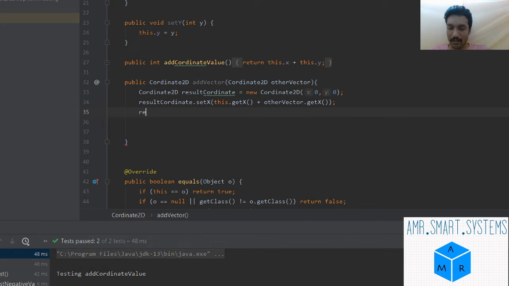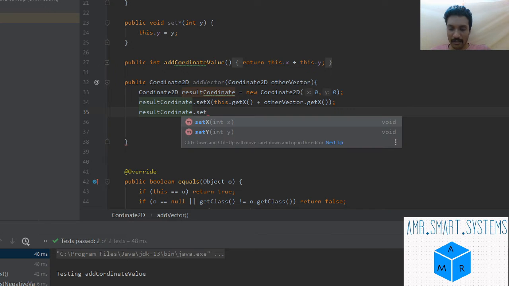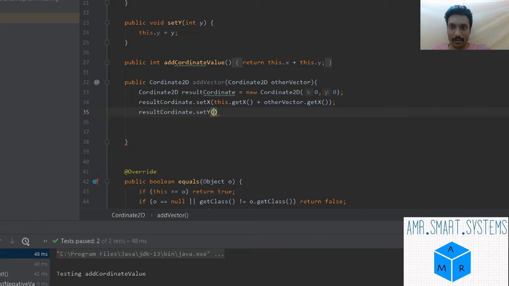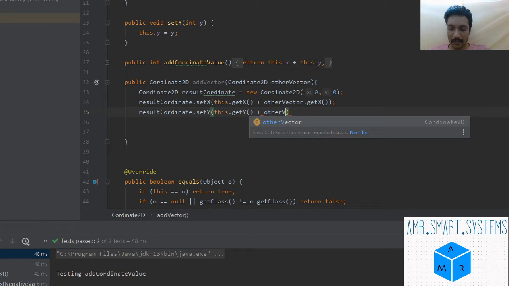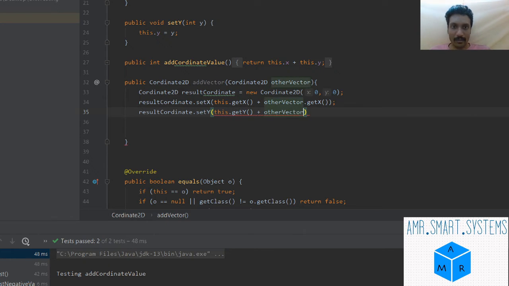Similarly, on the result coordinate, we set the y value using this dot getY coordinate plus the otherVector dot getY coordinate.